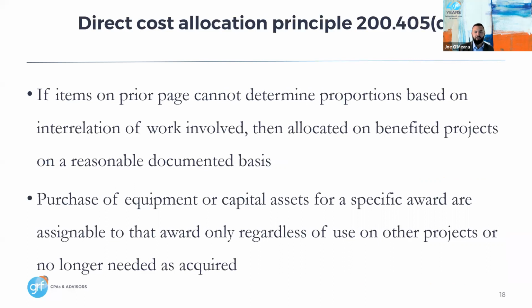And so if, for the items we just talked about, you can't determine proportions based on the interrelated nature of the work involved, then you allocate it on benefit to the project on a reasonably documented basis. So what is a reasonable basis? I think the most common one I'm aware of is with any sort of IT related costs or infrastructure items. I often see organizations directly allocate those to projects based on the number of devices used by that